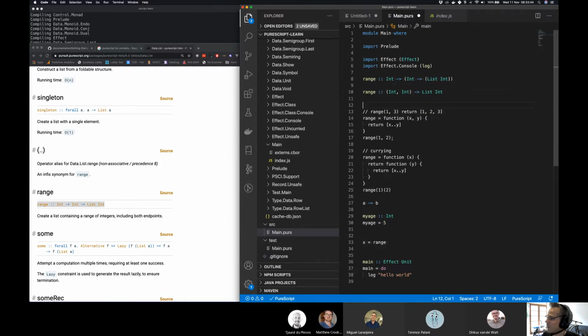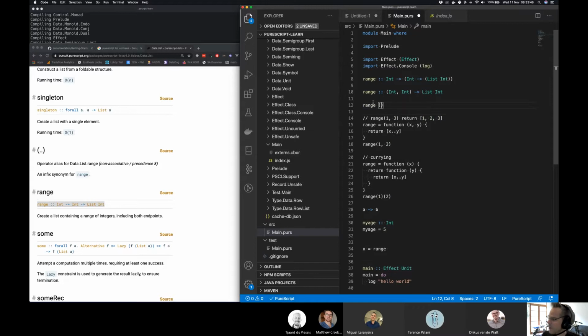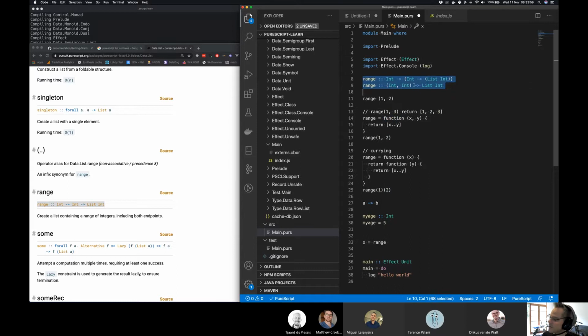And that would force the caller of this version of range to specify range 1, 2. Do you know what I mean? So then it feels more like a function execution in the old school function execution. Does that make sense? So these are different. They practically come out with the same end result, right?